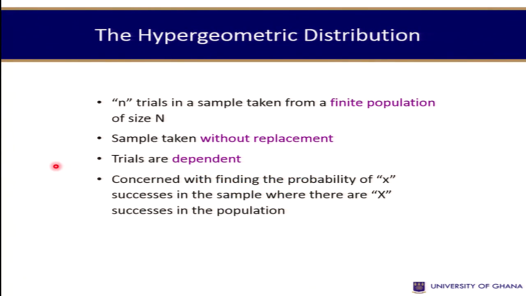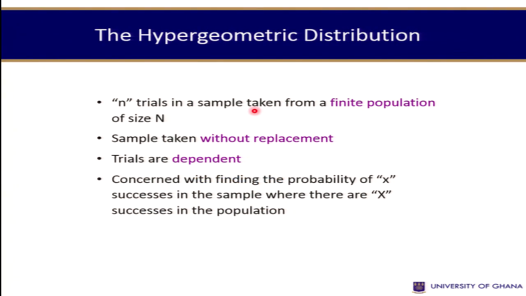So mostly we are concerned with finding the probability of small x successes in a sample where there are big X successes in the population. Basically, the hypergeometric distribution is showing you the probability that you can find, assuming that you have a population, and within the population there is a group that has a certain particular attribute that you are interested